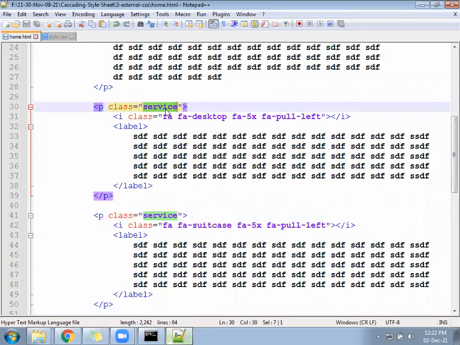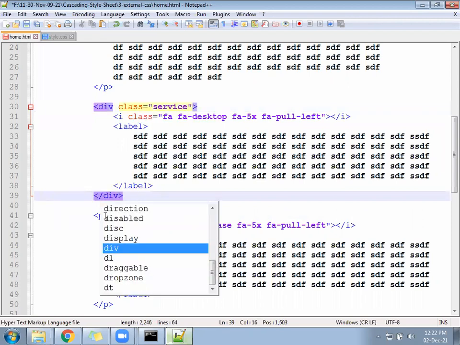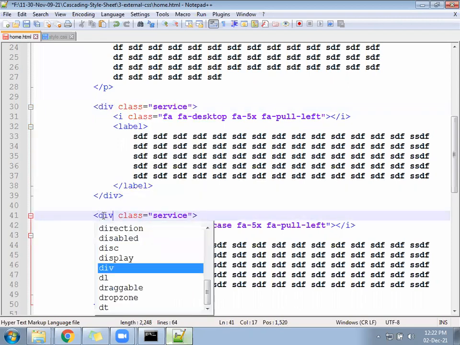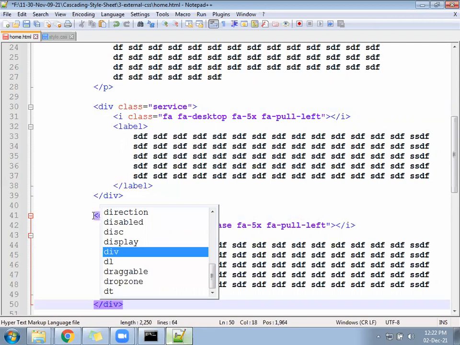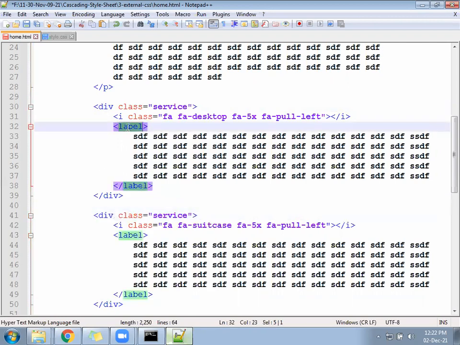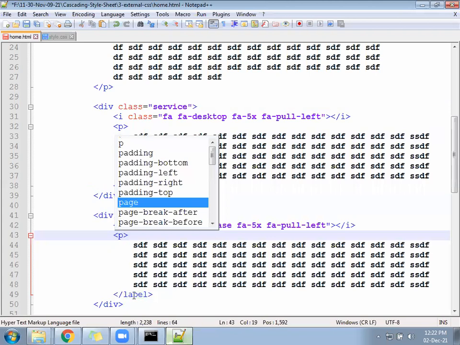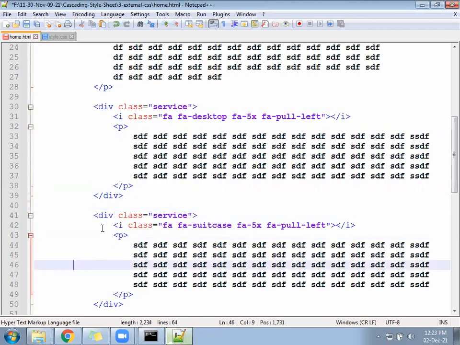Under the CSS file, or what else you can do: the paragraph we have written for service, convert the paragraph into div. Div and div. The label, convert into paragraph.